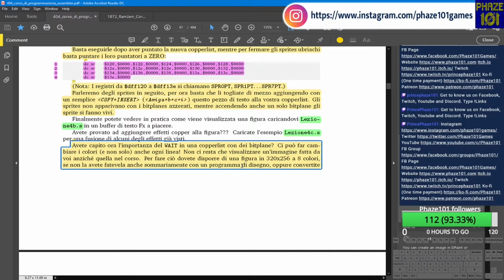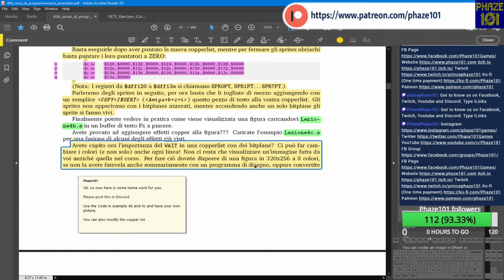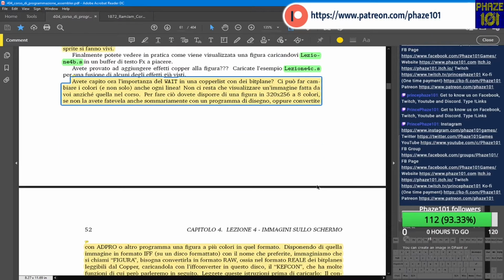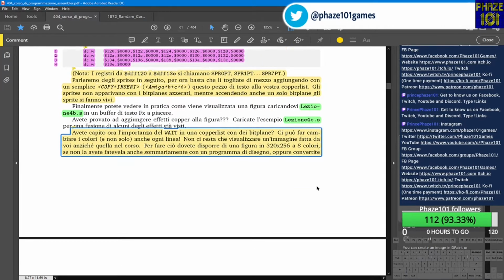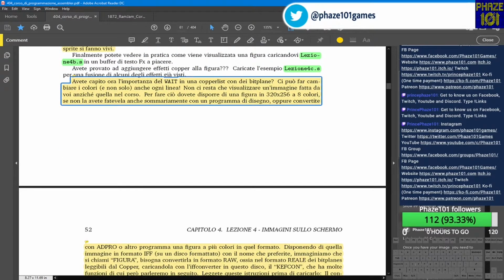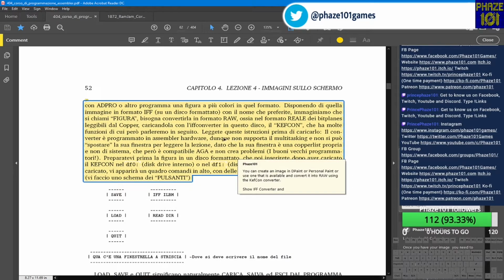So I just showed you that. But there are also exercises in the textbook, not the one where he tells you, for example, to create an image with 3 colors. This is the same type of exercise that I just gave you to create an image with raw, with, sorry, not 3 colors, with 8 colors, so 3 bitplanes. Then he starts explaining the IFF converter, KEFCON, which I remind you to use also the AGA IFF tool,